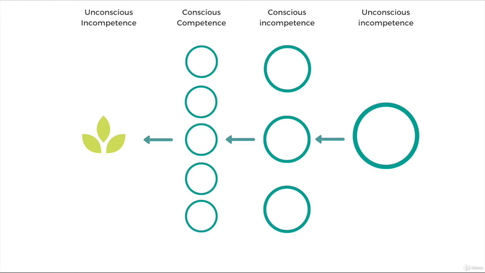So once you get to the conscious incompetence, you'll be able to build the branches, which are the things that are complementary, the things that are essential for you to be able to attain this goal, which is your diet. Right? So you learn these things, and at first you didn't know them. You went from unconscious incompetence to conscious incompetence, that you don't know these things. And now you figured out that you need to do certain things in order for you to achieve each and every dot, each and every circle, each and every branch in the conscious incompetence section.